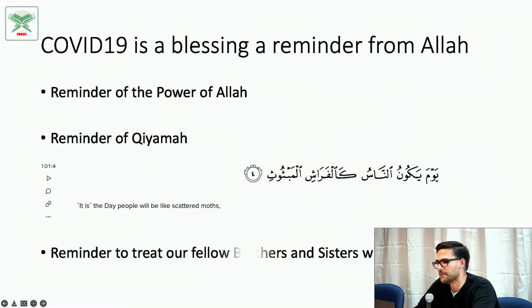So if we go to the last bullet point, I think the biggest reminder is a reminder to treat our brothers and sisters with kindness, both our brothers and sisters in faith and in humanity. We should remember the prophetic tradition of the Prophet, who would go and visit the people who would abuse him to make sure that they were well when they weren't there to abuse him. Now, in the era of social distancing, you may not want to visit someone who's got COVID, but it still means that we should be looking after each other and treating each other with respect, and not the behavior that we have been seeing among our leaders and among people in society every day.